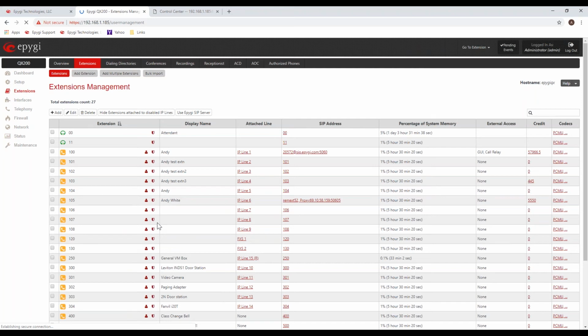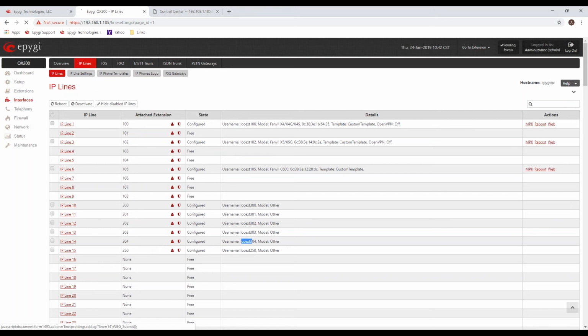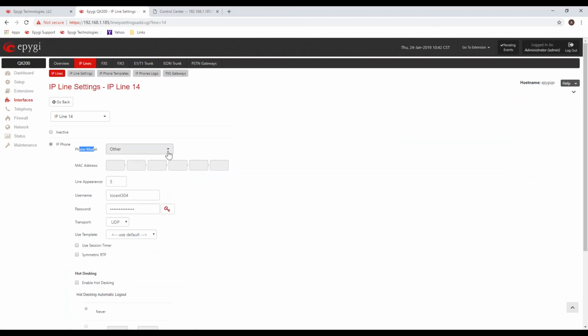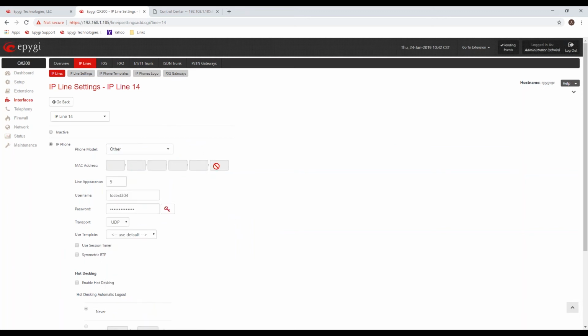So in the phone model list, this is a device, like I said, we do not configure. You get to the list of all the phone models, and at the very bottom, you'll see an option called Other. So for any of these devices, the MAC address gets grayed out, you're going to put a username, password in, local extension 304, and now you're going to go to that device, and I'm actually logged into it, and I go to the SIP